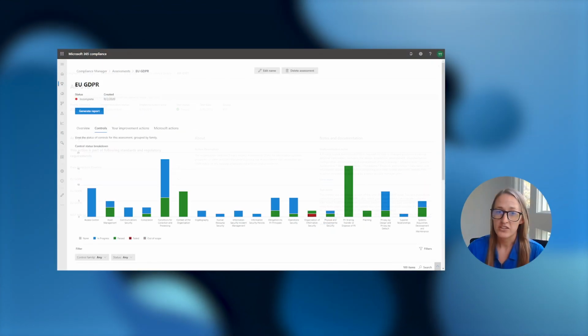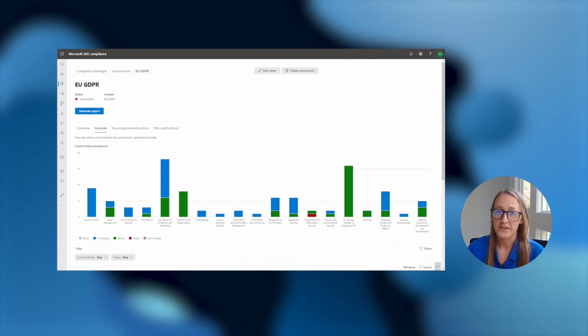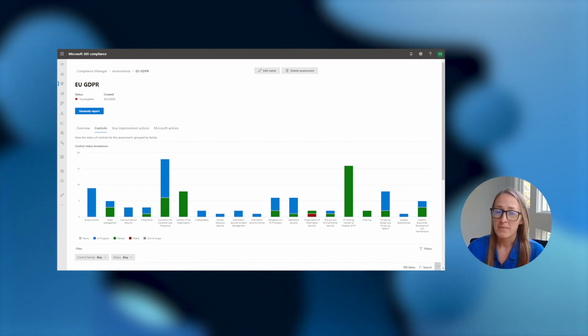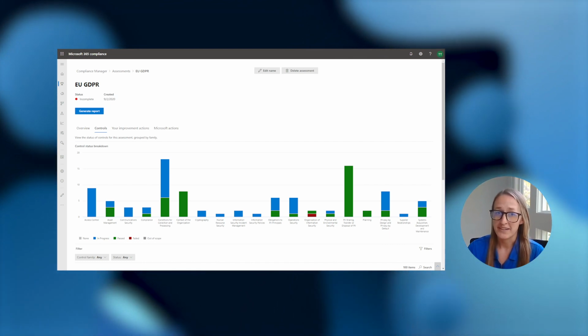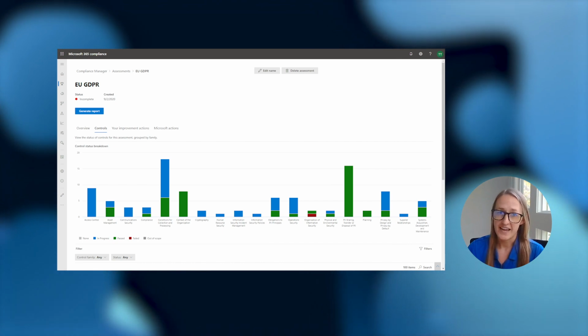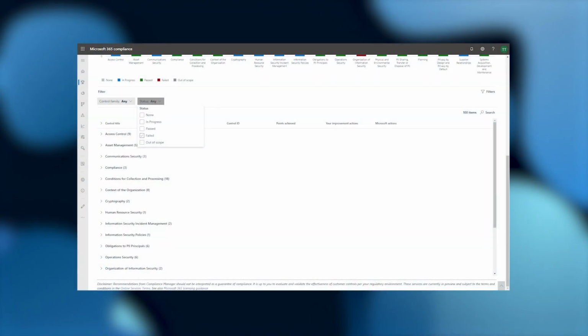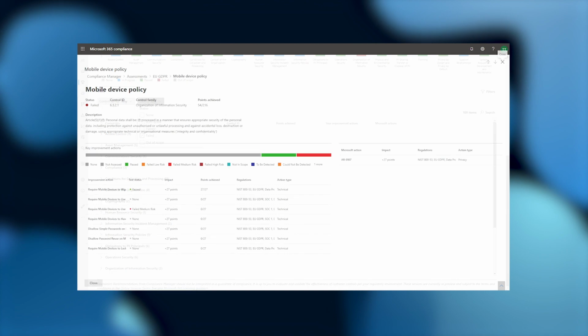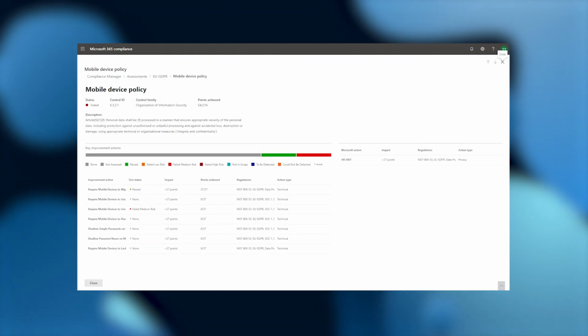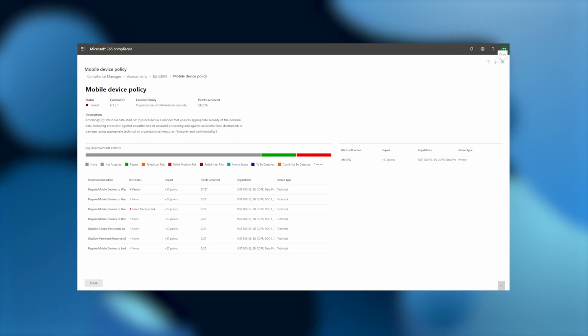But let's go back and choose an action that's automatically monitored by Compliance Manager, but that my organization has not yet implemented, as shown by a failed test status. If we scroll down the page, we can do some quality assurance and search for failed controls to enhance our compliance readiness. Clicking through, we can see Require mobile devices to use a password has a failed, medium risk test status.